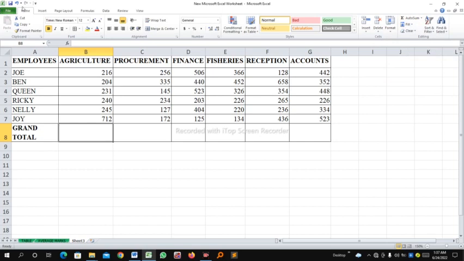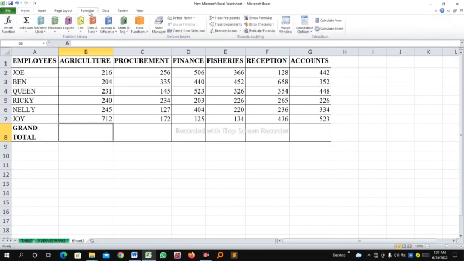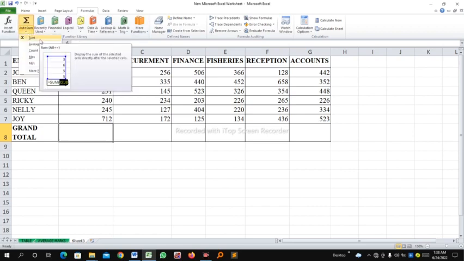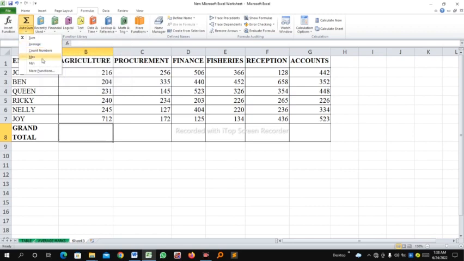Then the other way, you go to the Formulas tab, you click on it. Then on the ribbon for the Formulas tab, you will find this feature here, Auto Sum. There's an arrow pointing down. Click on it. It will show you sum, average, count numbers, the maximum, minimum, and you can also get more functions. But for now, we are only going to use the summation feature. So those are two ways. You can either use the Formulas tab, or you can just use the first one